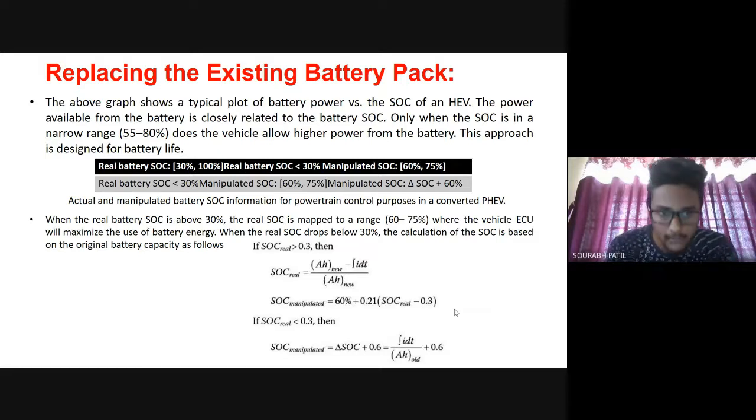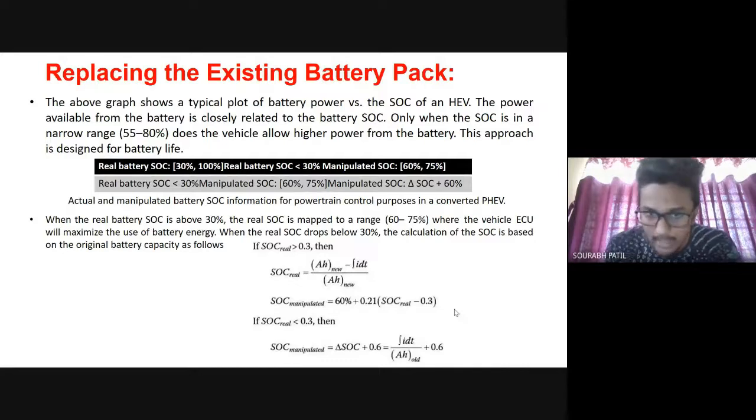Then when the battery real SOC is above 30%, the real SOC is mapped to 60 to 75%, that is the manipulated value, where the vehicle ECU will maximize the use of the battery energy. If it falls below 30%, then the calculation depends upon the original battery. So the calculation is, if SOC of real battery is greater than 30%, then it is calculated as SOC real